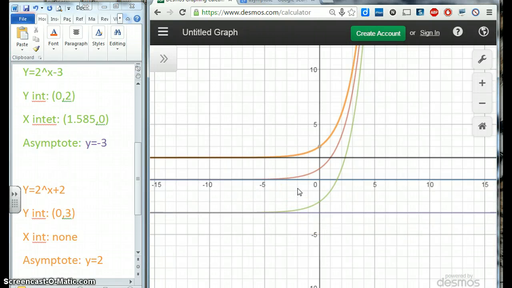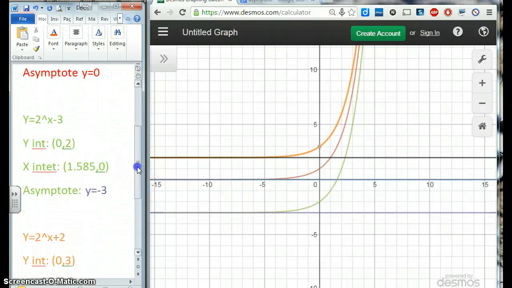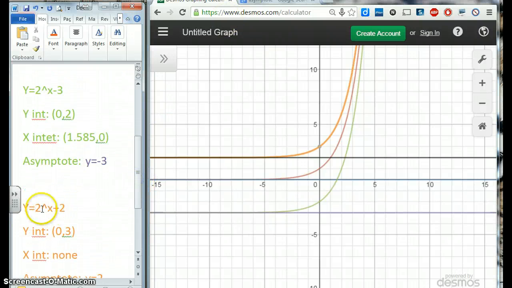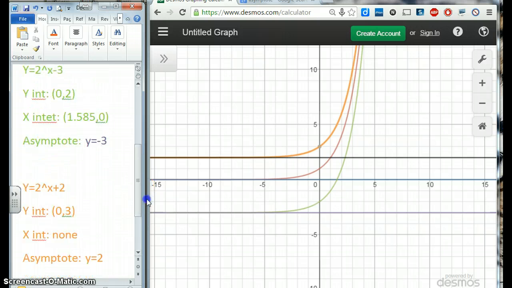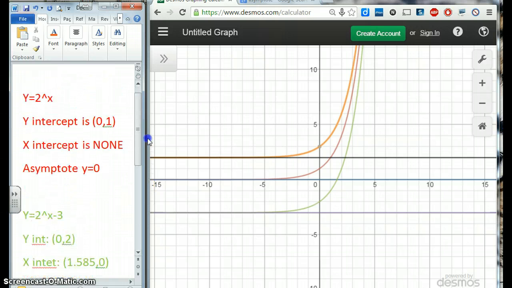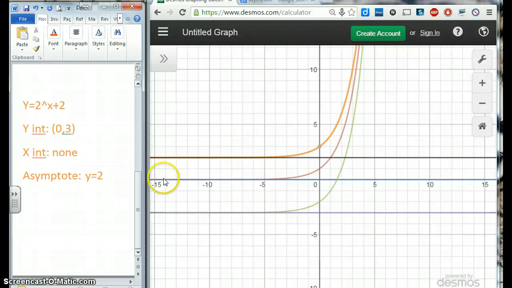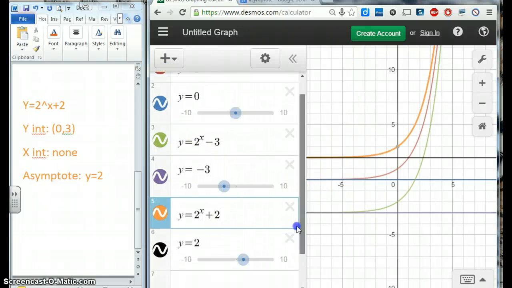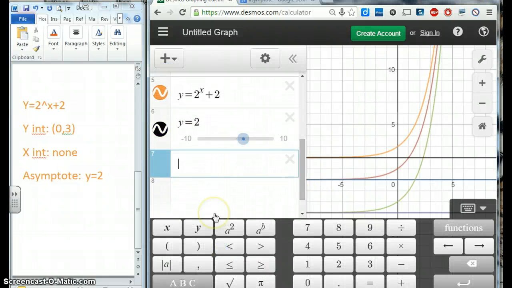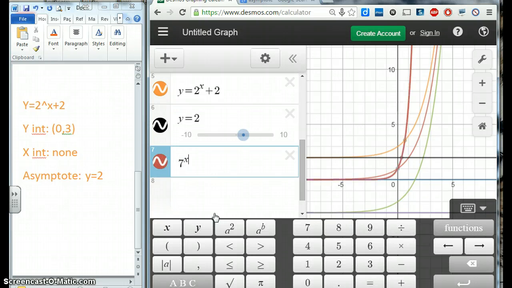Okay. So for your homework, you need to make up 3 vertical translations. And don't use mine. Mine are already used up. Use different numbers, but use exponential ones. To the x, you can do 3 to the x, 4 to the x, 5 to the x. It doesn't matter. You can use any of these to the x. You could use 7 to the x power. You see, it's the same thing. It's just a sharper